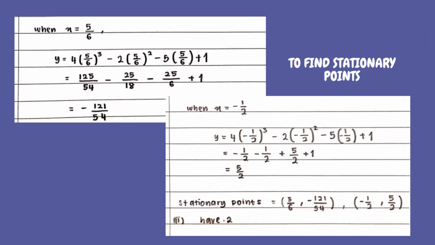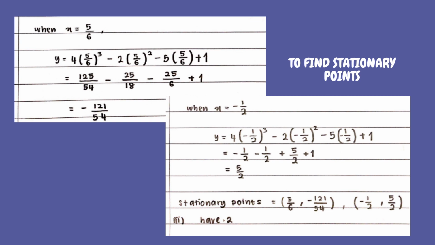To find the stationary point, when x equals to 5 over 6, y equals to 4 times 5 over 6 power of 3 minus 2 times 5 over 6 power of 2 minus 5 times 5 over 6 plus 1 equals to 125 over 54 minus 25 over 18 minus 25 over 6 plus 1 is equals to negative